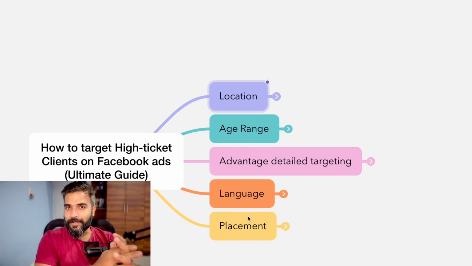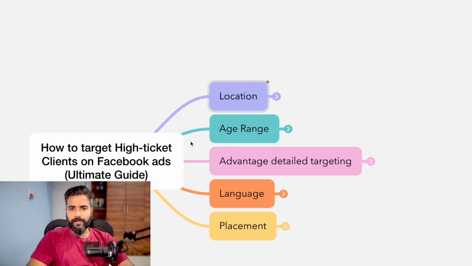Now, let me tell you a story at this point. While I was working with a lot of high ticket clients, I started observing a pattern among the people who have bought from me. The majority of the people who bought from me were from either tier 1 cities or slightly more advanced cities. None of them were village people. People who paid me 2 lakhs, 3 lakhs, would always be from tier 1 cities. And most of these transactions would happen through a credit card for some reason.